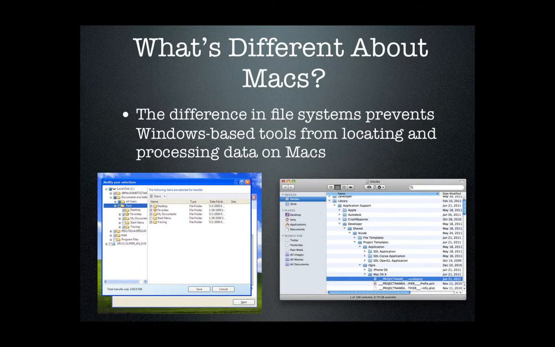Windows-based forensic tools are made to find and process data stored in a way that Windows generally stores its files, as shown on the left. Every file on a specific drive can be found in one of the subfolders under the local disk C heading. In Macs, however, files are stored in a different manner. Document files are generally found in the library folder, which is saved separately from any applications or programs that may be installed on your computer, and from any data about different users on the computer. For this reason, forensic experts need specialized Macintosh forensic tools if they wish to both extract and analyze data from